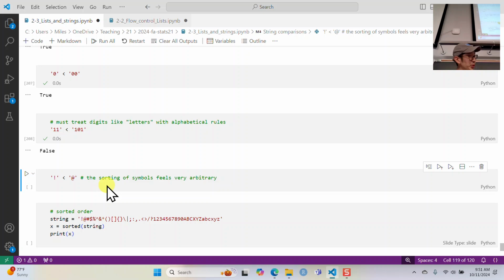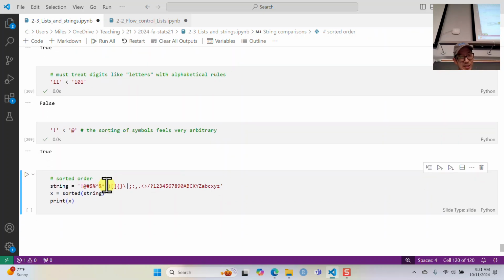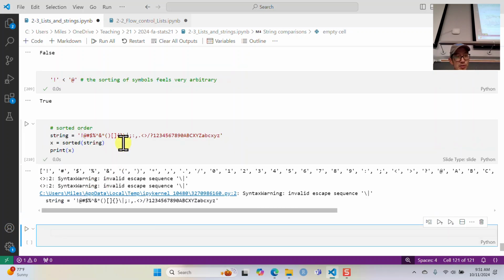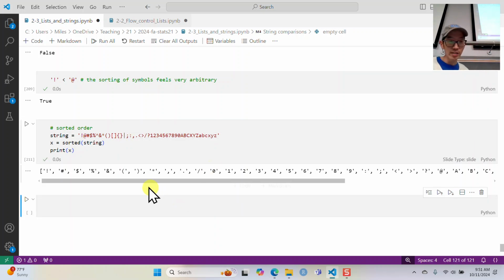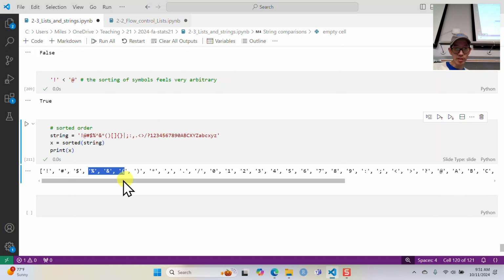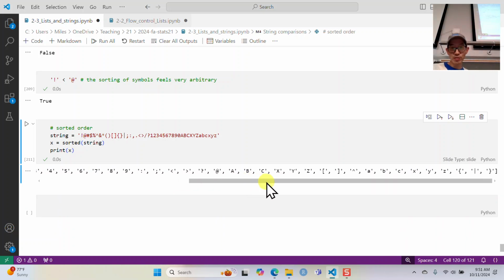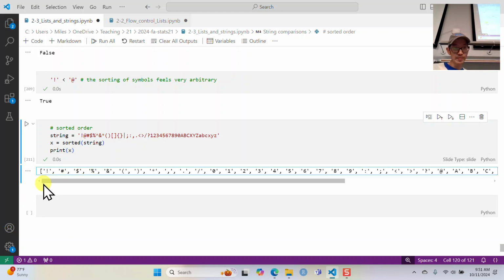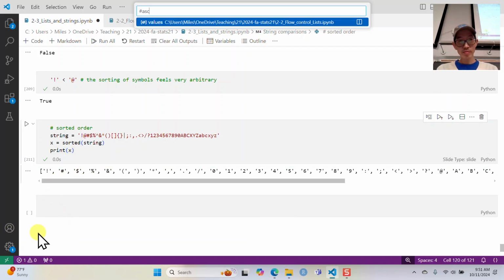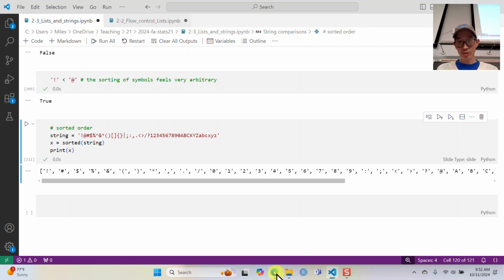The keyboard characters is like, it feels very arbitrary. It's based on the ASCII table. And so you can kind of say like, okay, sort all of these things. And it says, I don't like syntax warning. Okay, it doesn't like this, the backslash here. Okay, so if I get rid of that, this is how it sorts the characters, okay? And again, it feels very kind of arbitrary, but it's based on the ASCII table, which is kind of the old,